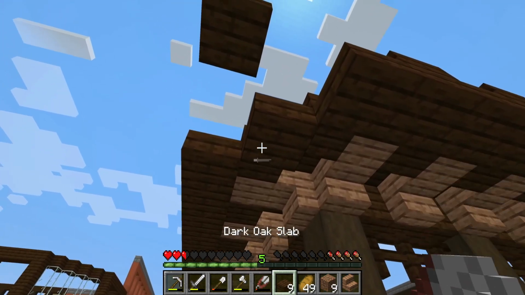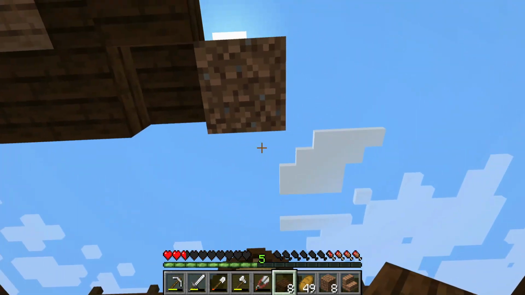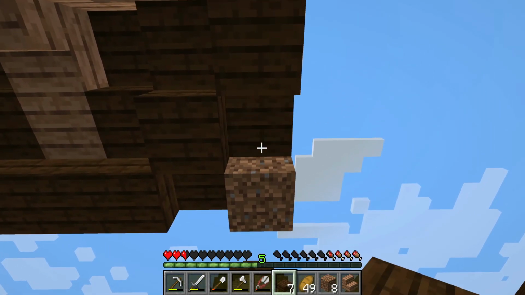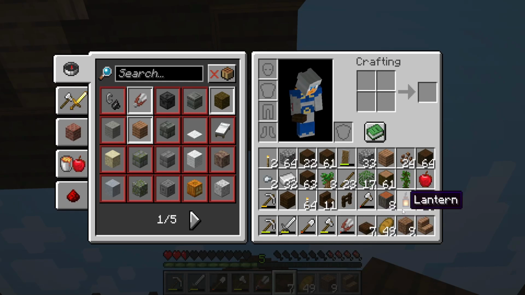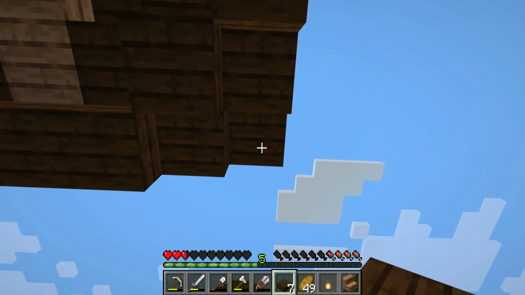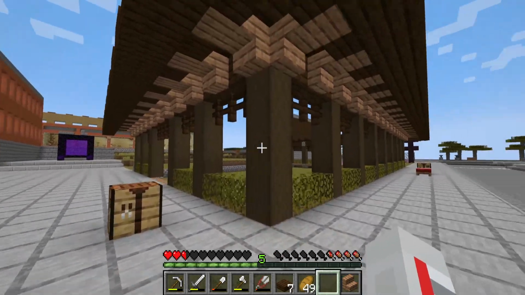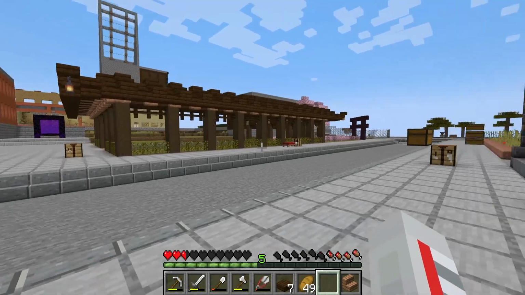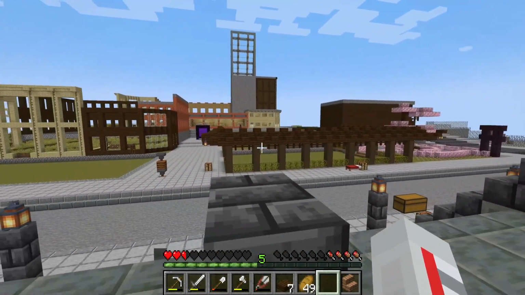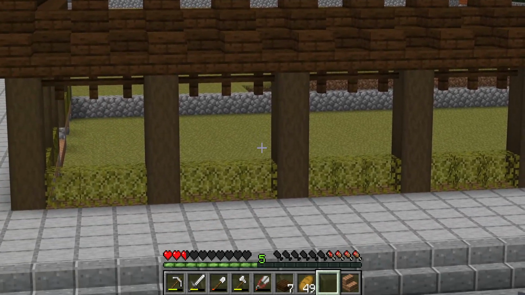And I believe I made a slight mistake here. I need that to be a spacer block. Let me do that. Alright, now I did that. And let's see. That should be that. I like where that's going. Let me take a look at it from a distance. That looks really good. We'll definitely have to fill in the grass with